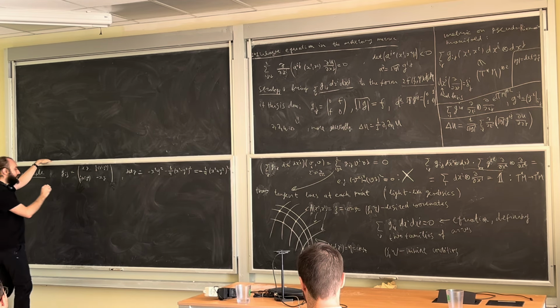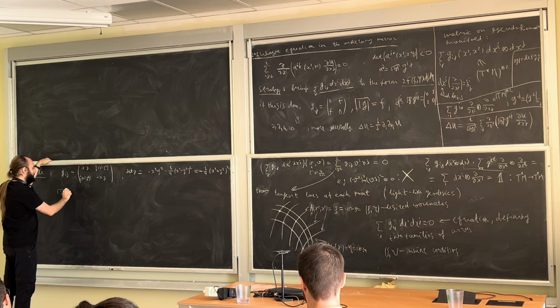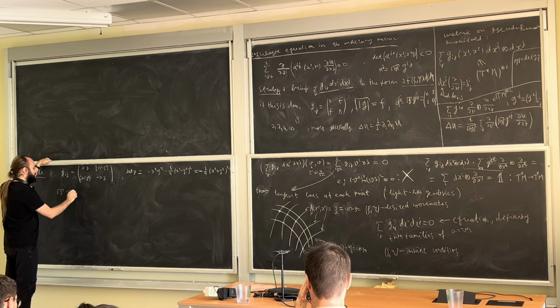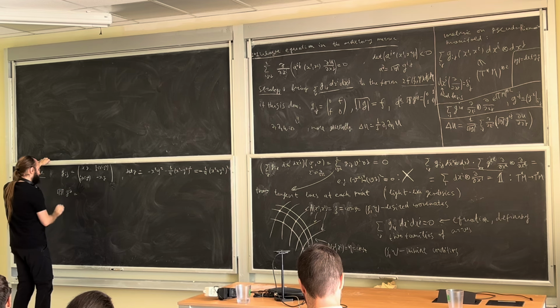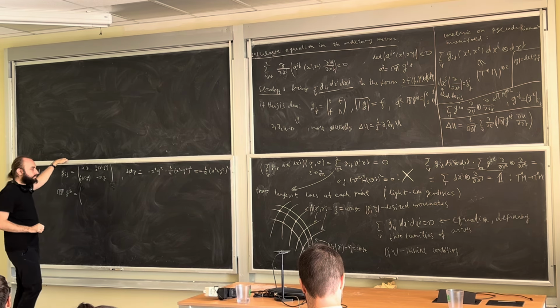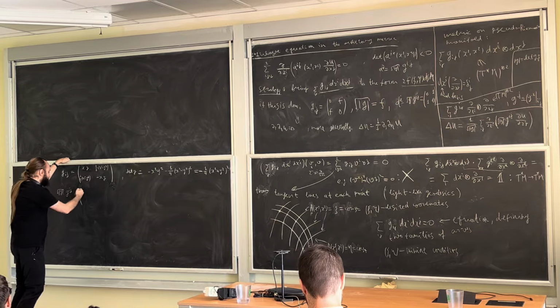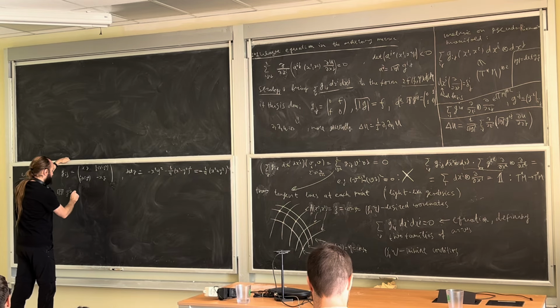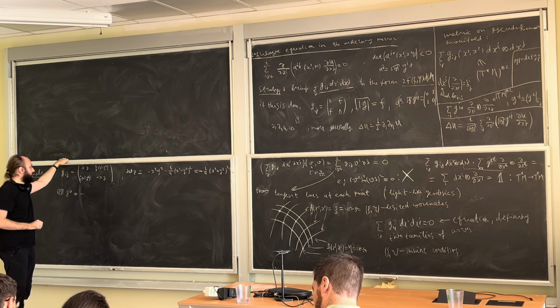And the square root of g times this matrix inverse is this square root of determinant, by the overall sign, because we need to divide by determinant and